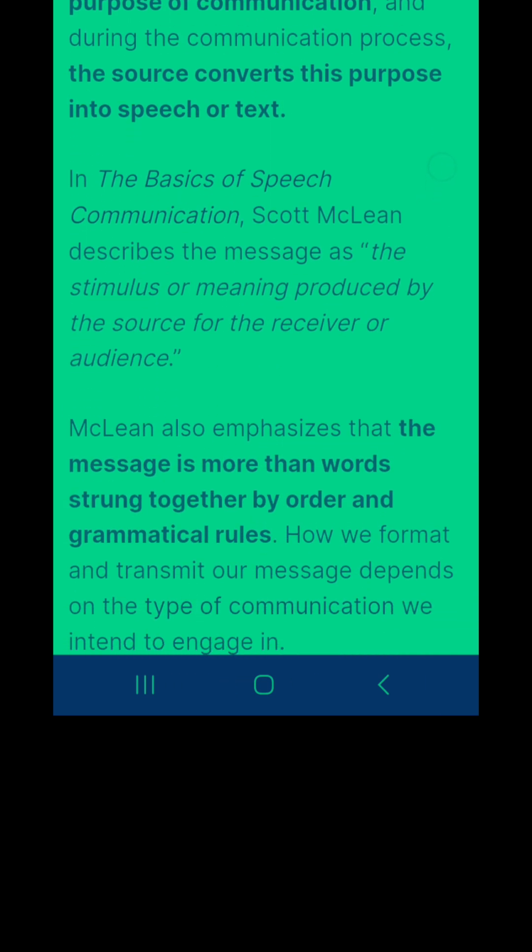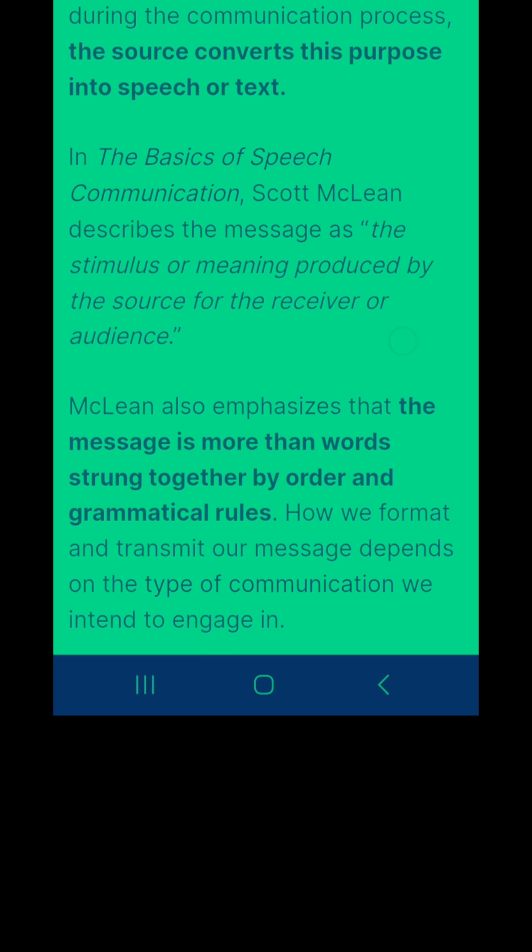Second element is message. The message is the source's purpose of communication, and during the communication process, the source converts this purpose into speech or text. Suppose, for example, you really want to communicate to your boss regarding your pay rise or increment, so in your mind you have an agenda, you have a purpose, and that purpose you're going to either speak in front of your boss or you're going to mail.